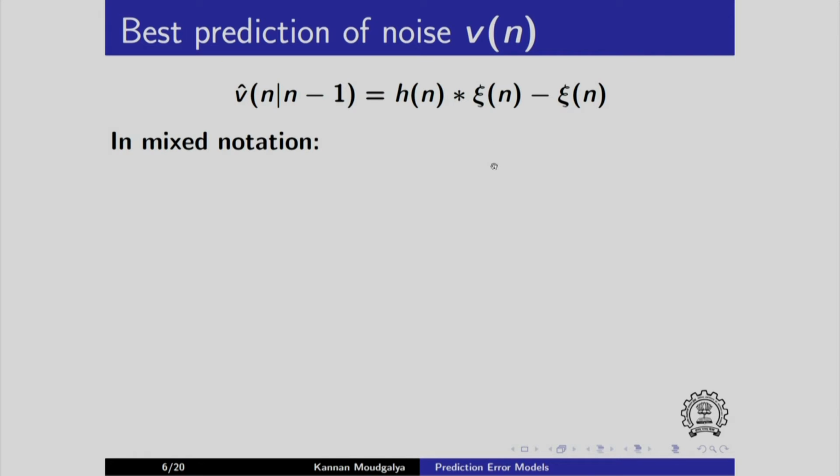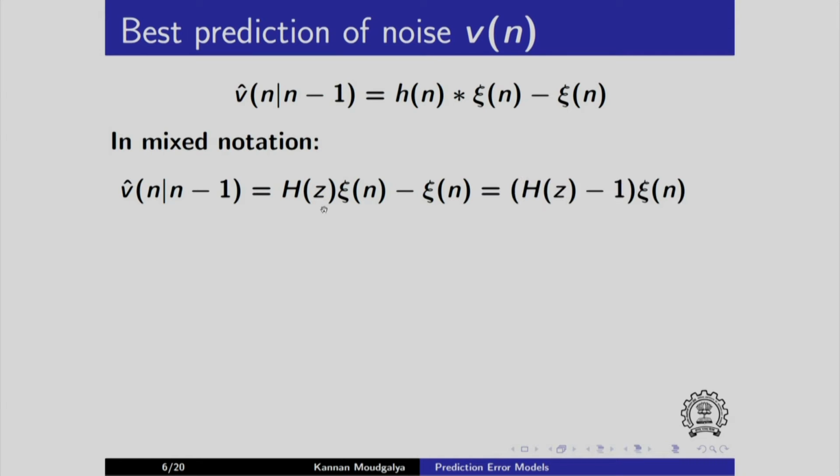In mixed notation we write it like this, where instead of writing Hn convolved with Cn, we write it as Hz into Cn. What I mean by this is this expression. So whenever I write like this, I mean this, I refer to this as the mixed notation, which is used extensively in the textbook. So I write it as Hz minus 1 into Cn. I can common factor this out